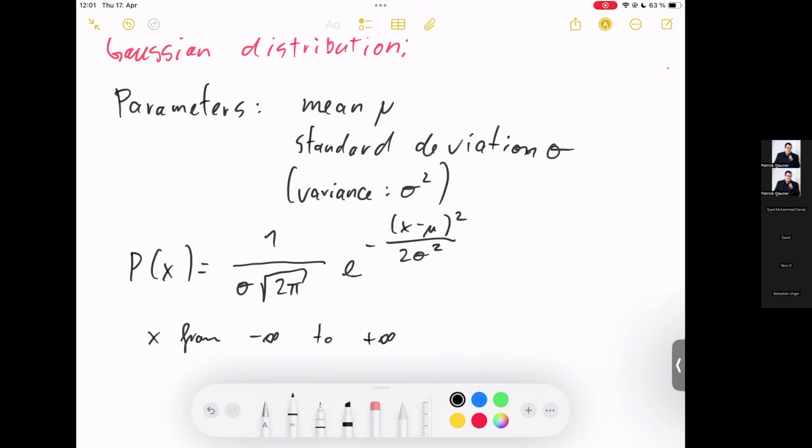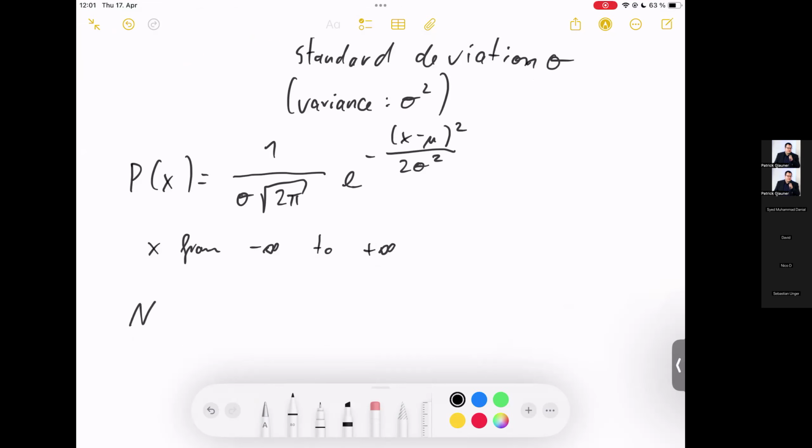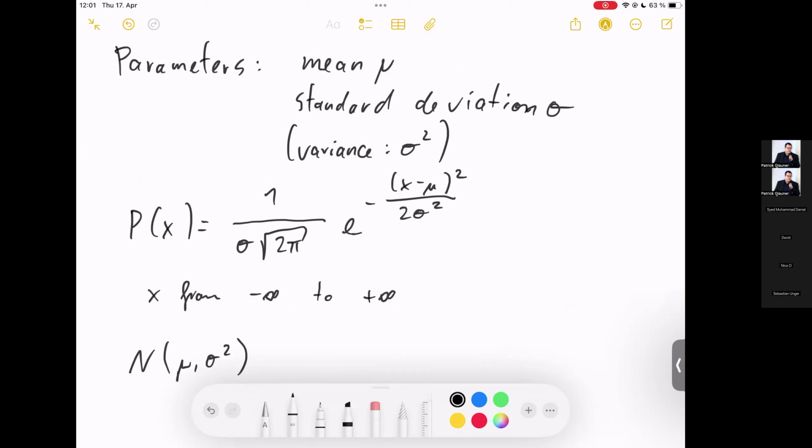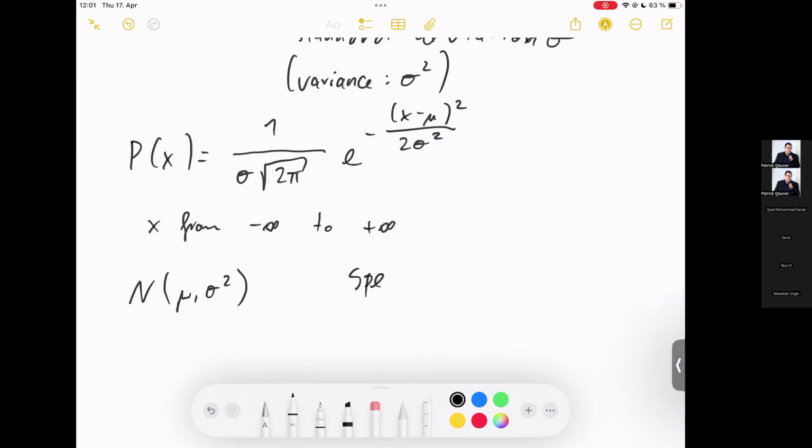It's something that was introduced in your statistics lecture at the very latest. Sometimes this Gaussian distribution is also referred to as N of mu, sigma squared. We have the parameters, which are the mean as well as the variance or standard deviation. And there are some special cases. One special case is mu is 0 and sigma squared is 1. This is sometimes called the standard normal